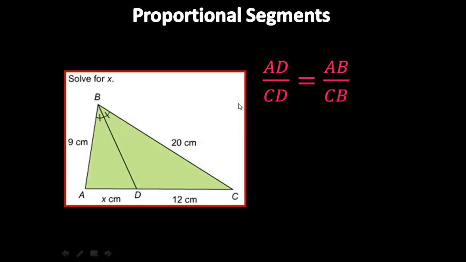So I set up the proportion just like this. I said, okay, we're going to do AD, which is x down here, over CD, which is the 12 centimeters. I'm going to set it equal to AB, which is 9 centimeters, over CB, which is 20